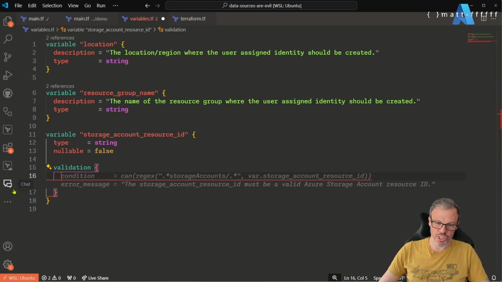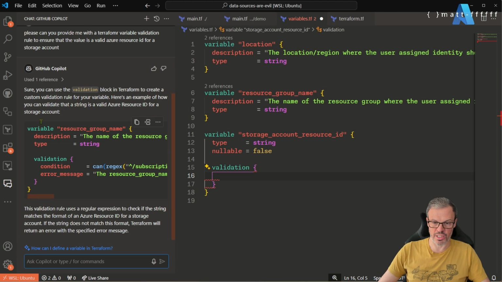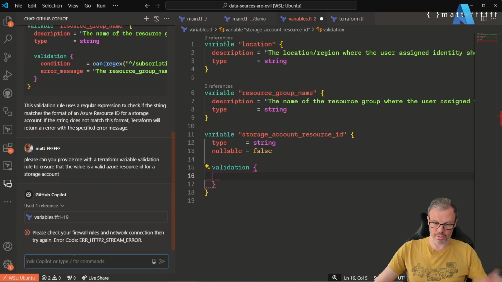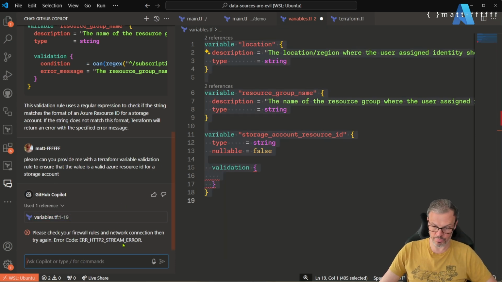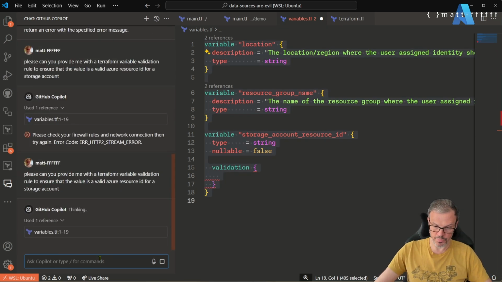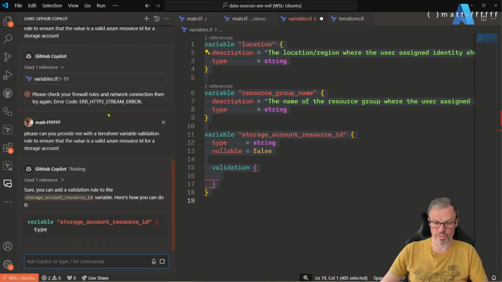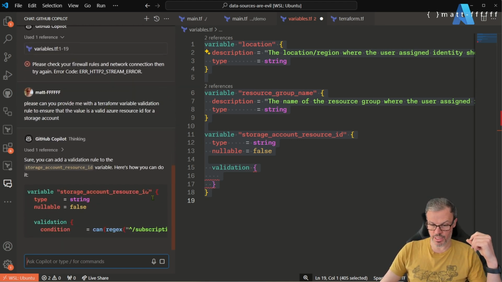So what I suggest we do is bring up Copilot chat, and you can see I've asked this question before. I'm going to ask it again though, because it's now got the context of the correct variable name in there. So, ooh, it did not work. Should we do that again? Yeah, okay, transient error. So it's now saying, yeah, you can add a rich validation rule, and it's going to say,